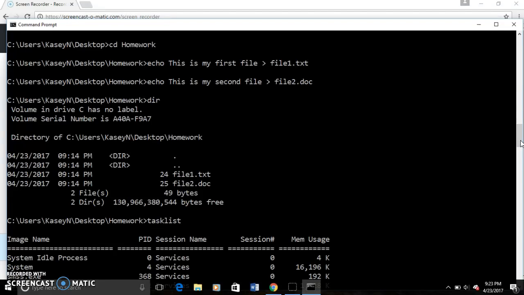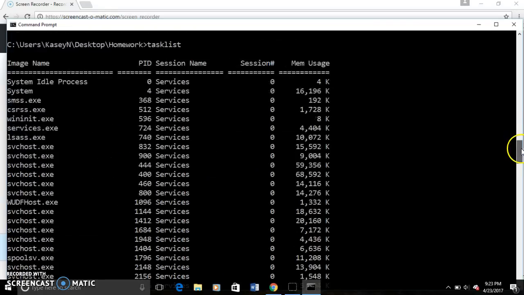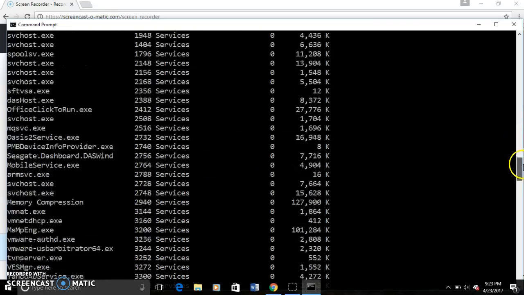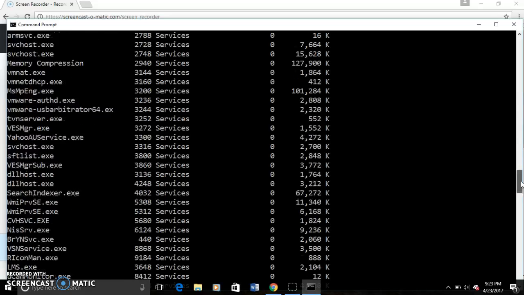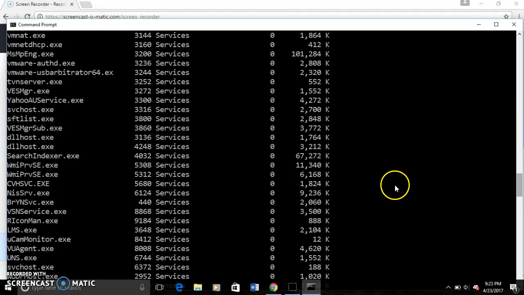This will allow you to look at all your tasks inside your Windows, and this helps you troubleshoot, especially if you have a system that's halting, possibly something that's using a lot of resources. On the right side, you would see the RAM utilization here. On the left, it will list the executable,